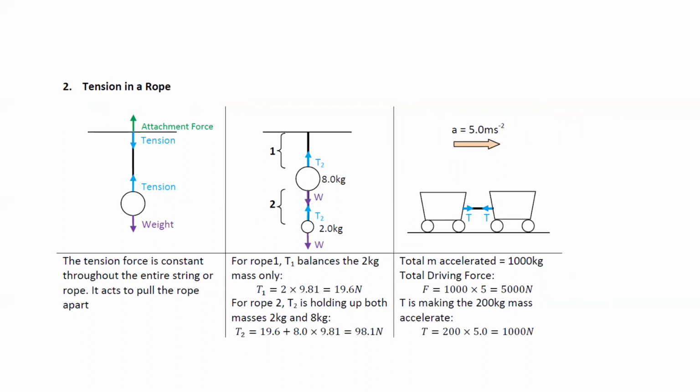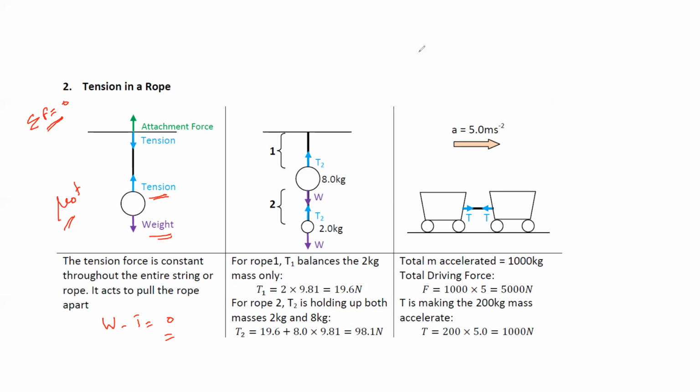Then when an object is attached by a wire or a rope or a string, we call that force a tension. So different scenarios are there. Like in the first example, one object is attached by a wire or a string, and this object is at rest. So if this object is at rest, what about the resultant force? We can say resultant force will be equal to 0, because the object is at rest, we apply Newton's first law. So the weight of the object is acting down and the tension is acting up. So we can say tension minus weight is equal to 0.